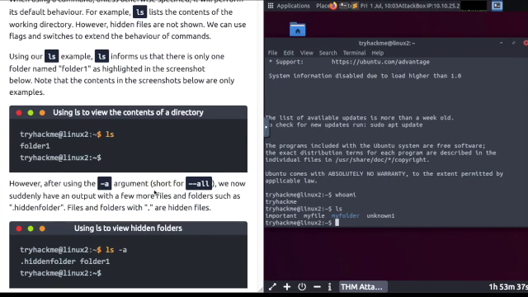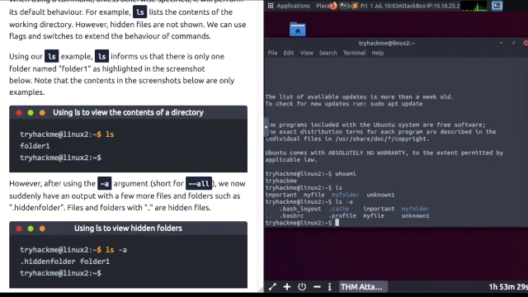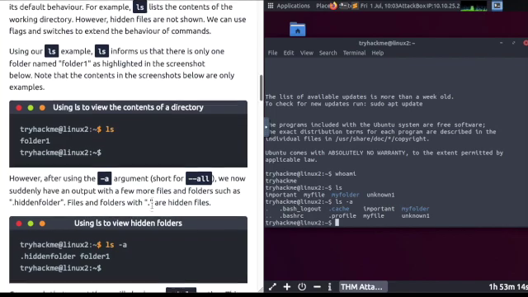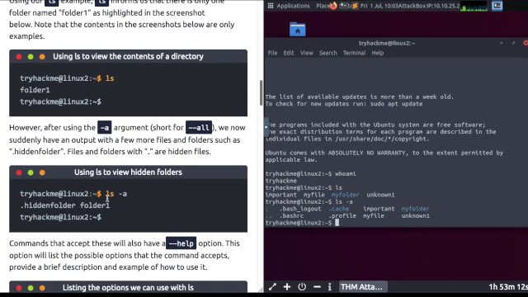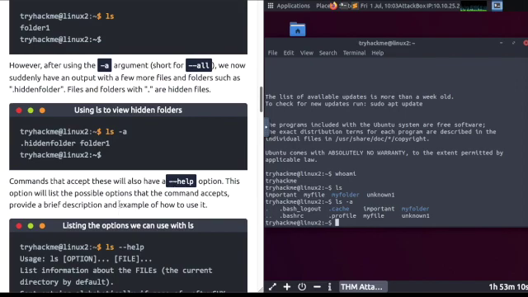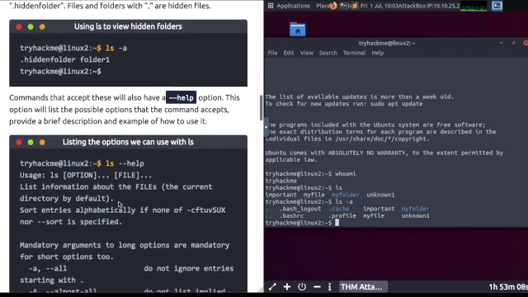Now if you use the same command, the ls command, and you add or tack on -a for all, ls -a, it now shows us more files, including hidden files. And as you can see, we have way more displayed in the terminal than the previous time when we just used ls. There you can see in the example it says view hidden folders,